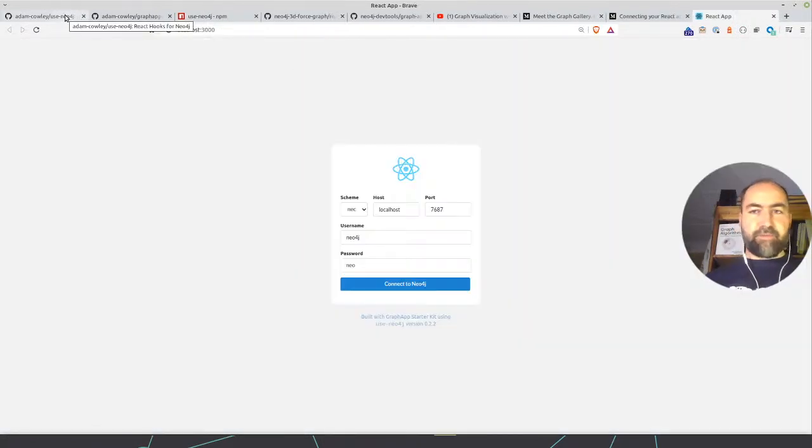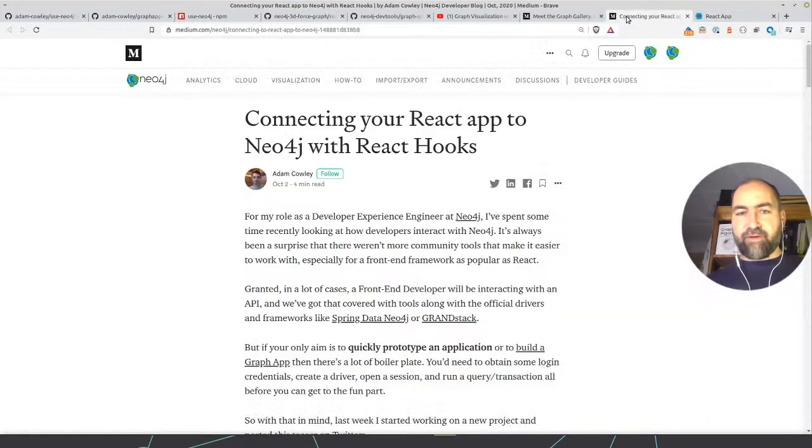Okay, today we want to talk about something that my colleague Adam built. If you build React apps, usually you would connect to an API backend, GraphQL or a REST API backend. But if you really just quickly want to build a proof of concept, a quick prototype, a demo app, or a graph app for Neo4j Desktop, then you don't have a backend.